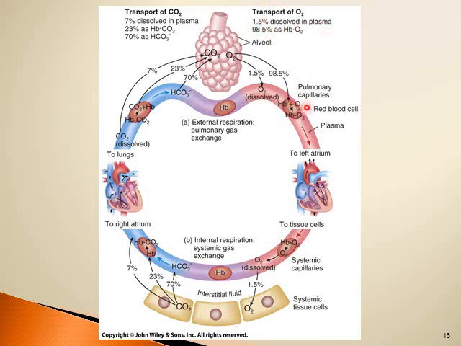The oxygen will be carried to the tissue, and then dissolved oxygen will leave the plasma to the cells, and the oxygen bound to hemoglobin will dissociate from hemoglobin and leave the blood to the cells,